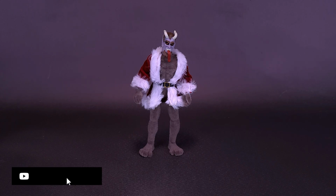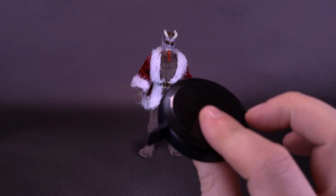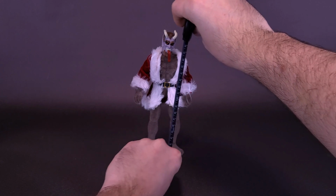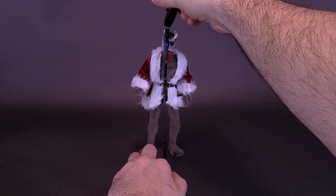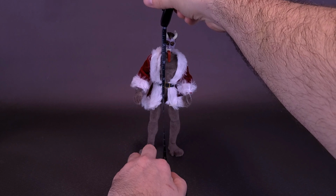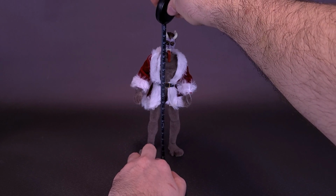Before we get a closer look at the MEGO Krampus 8-inch action figure, let's take the tape measure. Even though I pretty much already told you how tall the figure stands, I always like to double check things. So we're going to grab, of course, the tape measure as promised. We're going to take it right to the very top horns of the Krampus here. Sure enough, it is correct. The figure stands at 8 inches in height, or